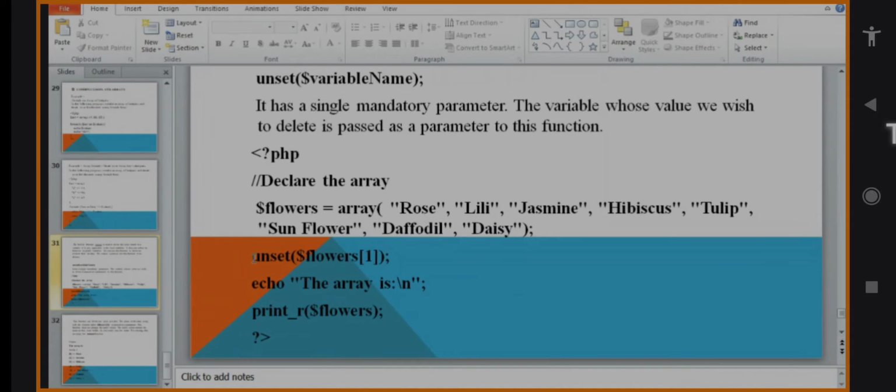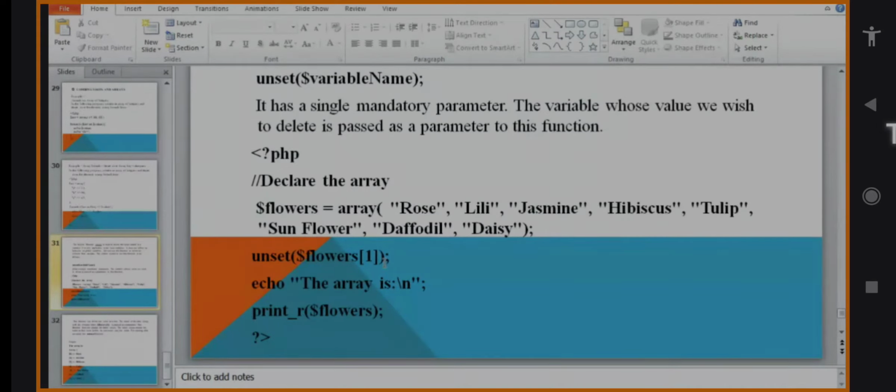So unset($flowers[1]) means your first position, which is Lily, will be deleted. If you want to delete the third, count 0, 1, 2, 3, and that will be deleted. Whatever element you want to delete in the array, just declare the particular index of that variable.